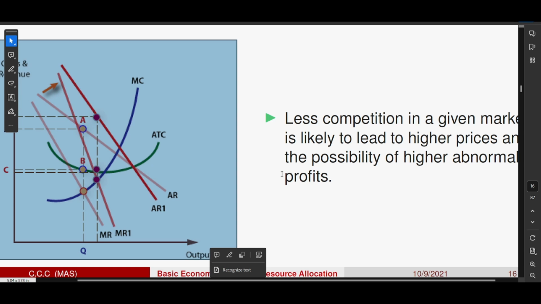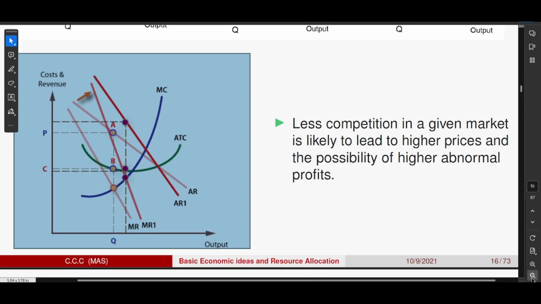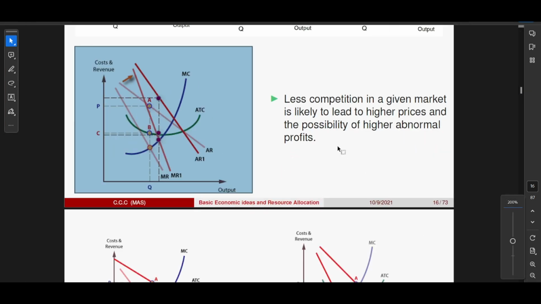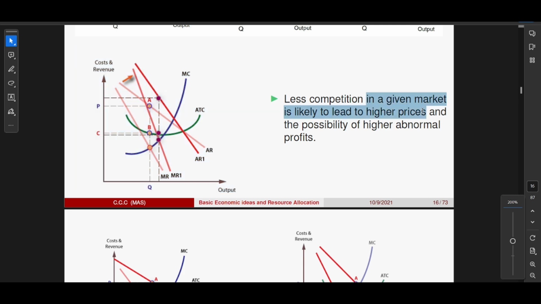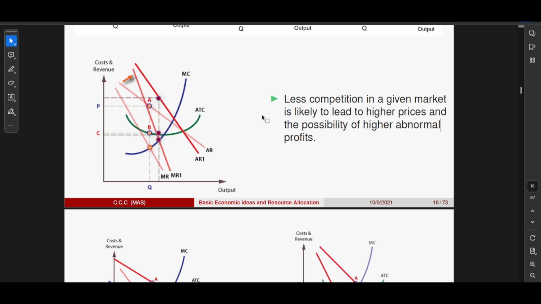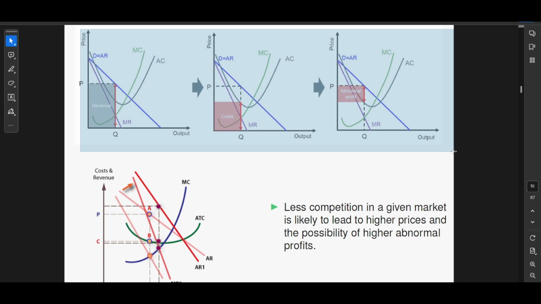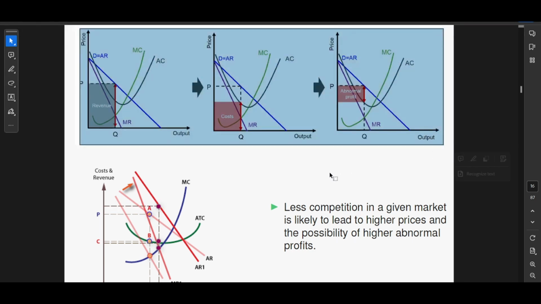Here's an example that shows us all of them together. It says less competition in a given market is likely to lead to higher prices and the possibility of higher abnormal profit. So why is it giving so much trouble? This situation is an example of an imperfect market,